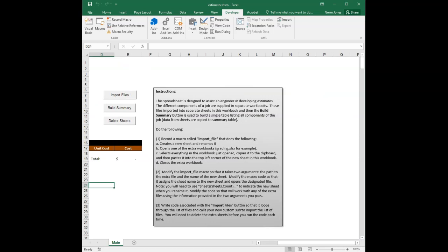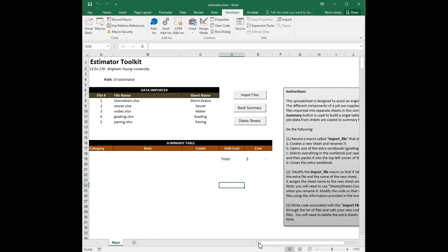Write code associated with the import files button so that it loops through the list of files and calls your new custom sub to import the list of files. You'll need to delete the extra sheets before you run the code each time. So let's do that. What we're going to do is write some code for the import files button. That code is going to start on row 8, and it's going to loop through this list, and each time through the list it's going to take this path up here. This tells us where the files are located,